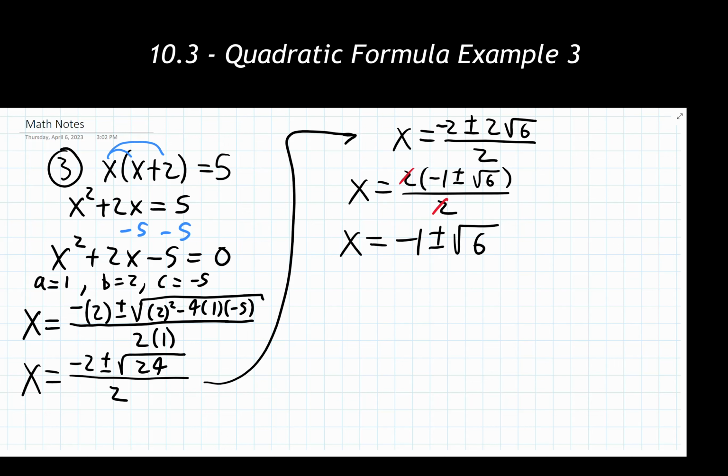6. At this point in time, you want to check with the problem or answer key or instructor if you're fine to have your answer written in this radical notation, or if you would need to split it up and then give your answer as 2 decimals. If you were asked to do it as decimals,